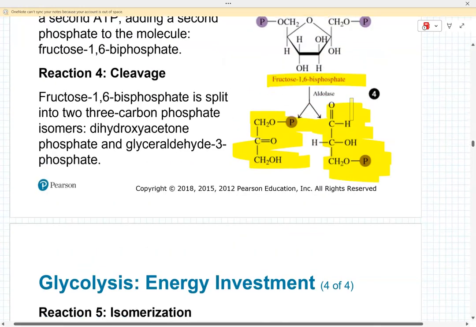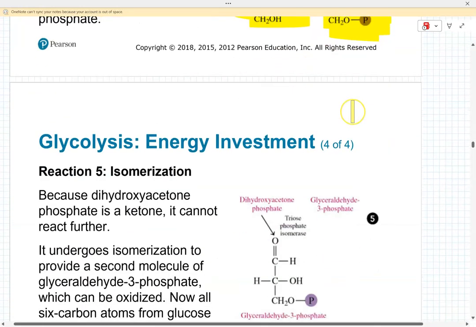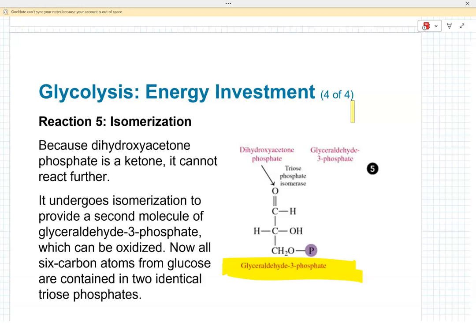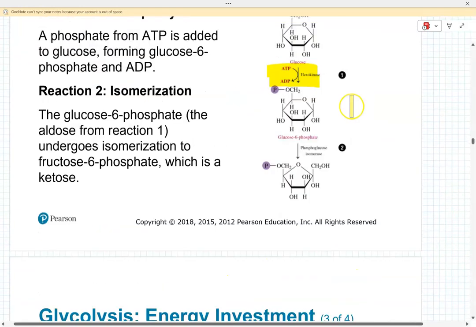These two different molecules, the one on the left is isomerized. So all in all, at the end of the energy investment phase, you are stuck with glyceraldehyde 3-phosphate. Okay? Sounds good? Now, if you go back to this scheme,